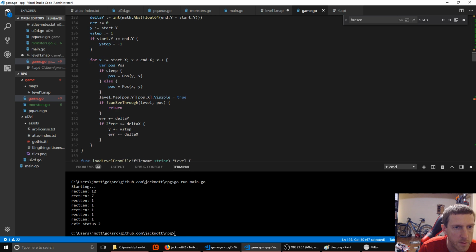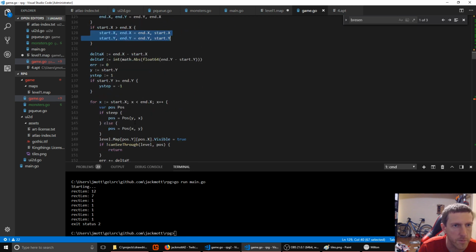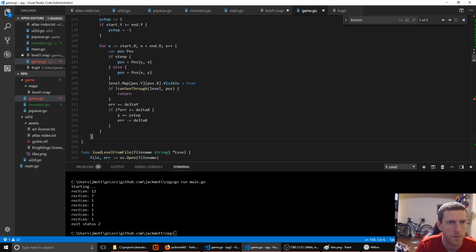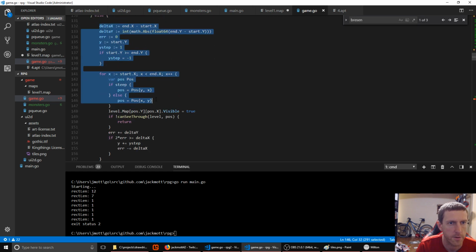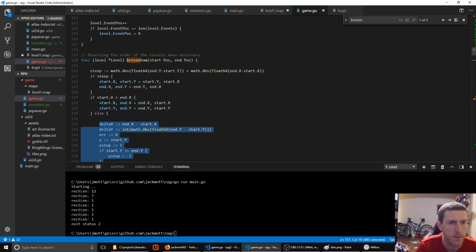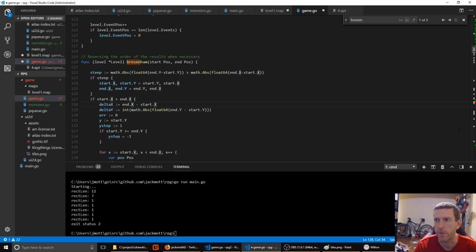So what we're going to do is, instead of trying to do this code only once, we're actually going to do part of it twice. So I'm going to start out just copying and pasting this whole thing here. Well, actually, we'll do an else here. So all this line drawing logic, we're going to start out with a big copy paste. And instead of swapping, we're just going to do this